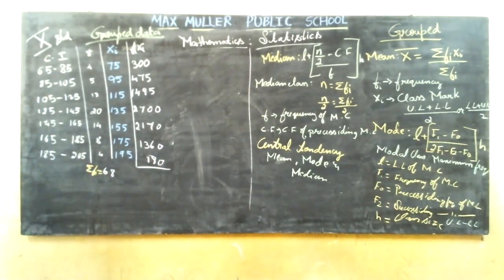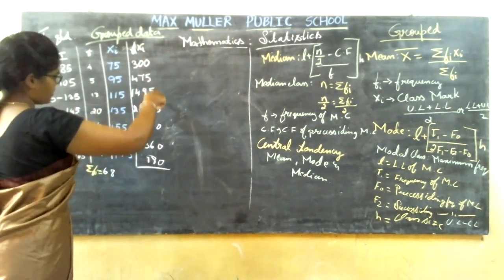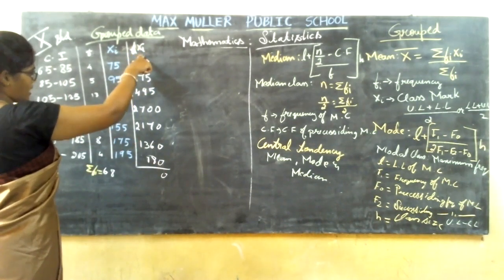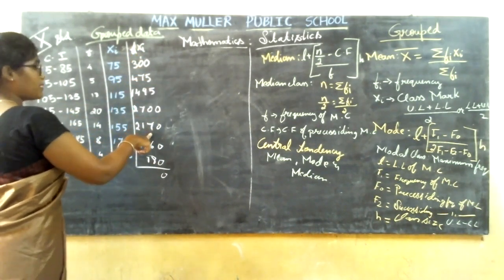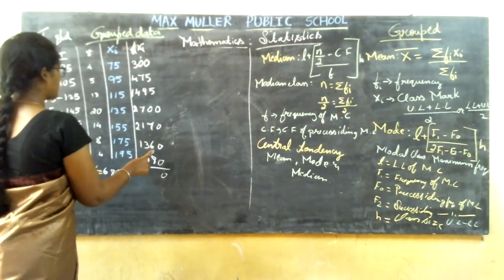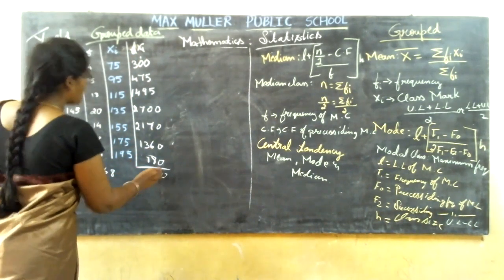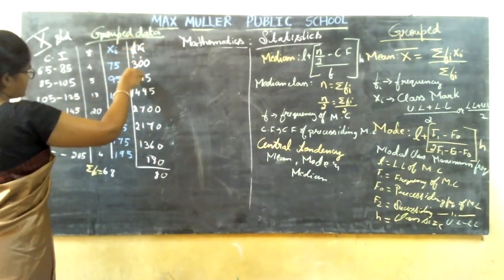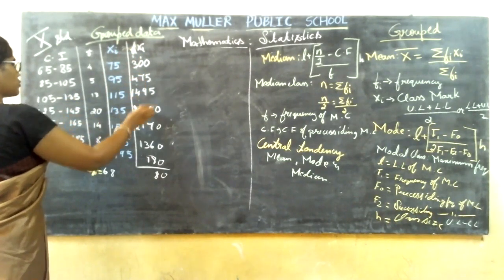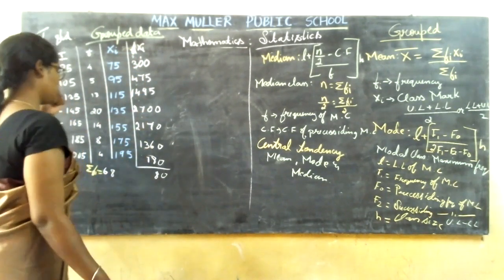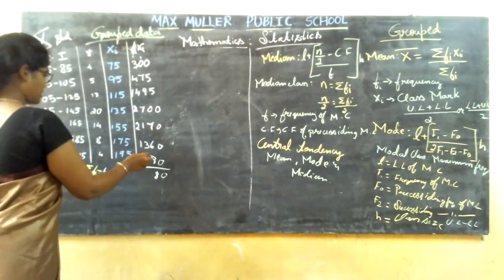So check, children, check once again, and if it is wrong somewhere, please do note, okay. Then it is 5 plus 5, 10, 1 carry. 9 plus 1 is 10, 10 plus 7 is 17, 17 plus 7 is 24, 24 plus 6 is 30, 30 plus 8 is 38, 3 carry, 3 plus 3 is 6, 6 plus 4 is 10, 10 plus 4 is 14, 14 plus 7 is 21, 21 plus 1 is 22, 22 plus 3 is 25, 25 plus 7, right?